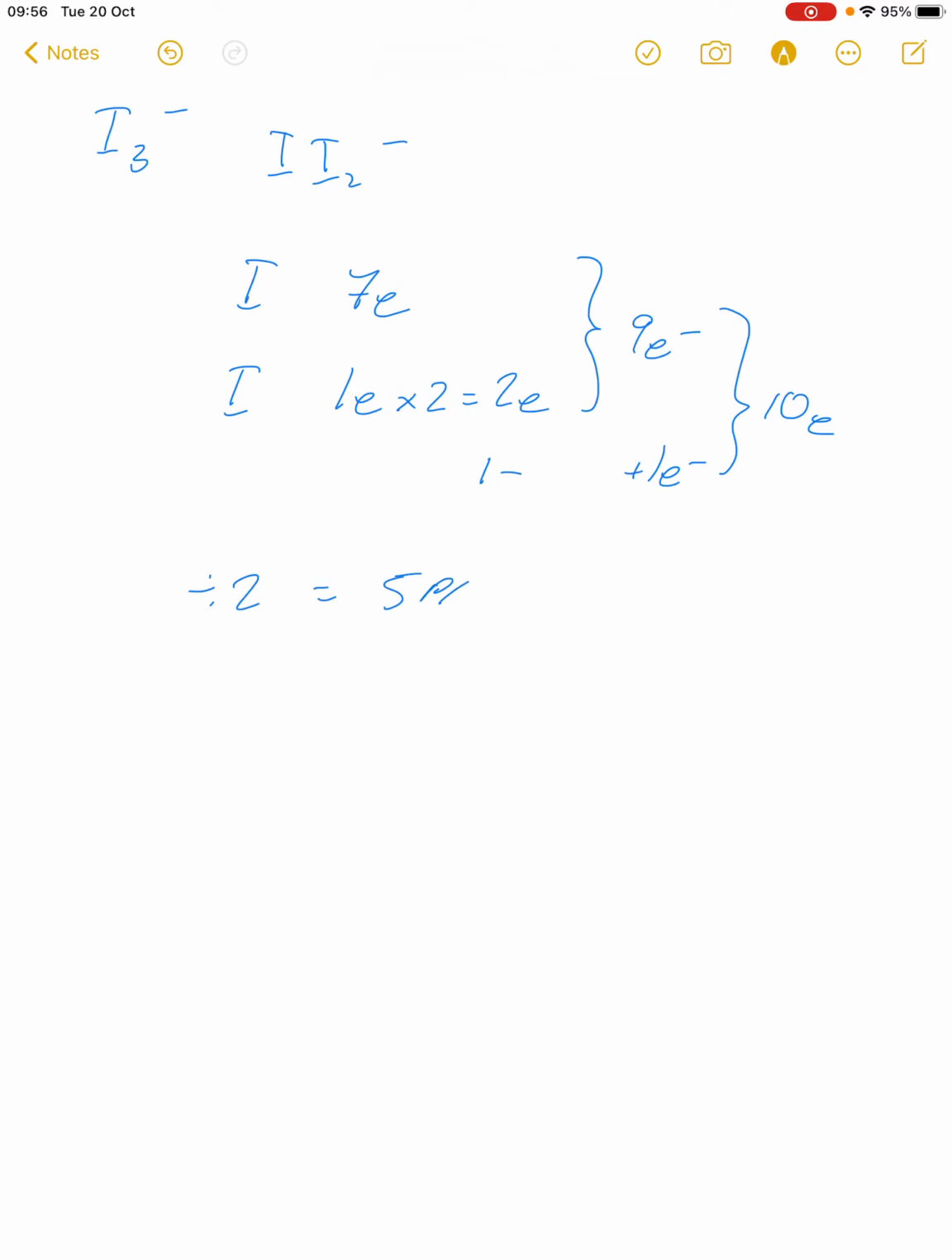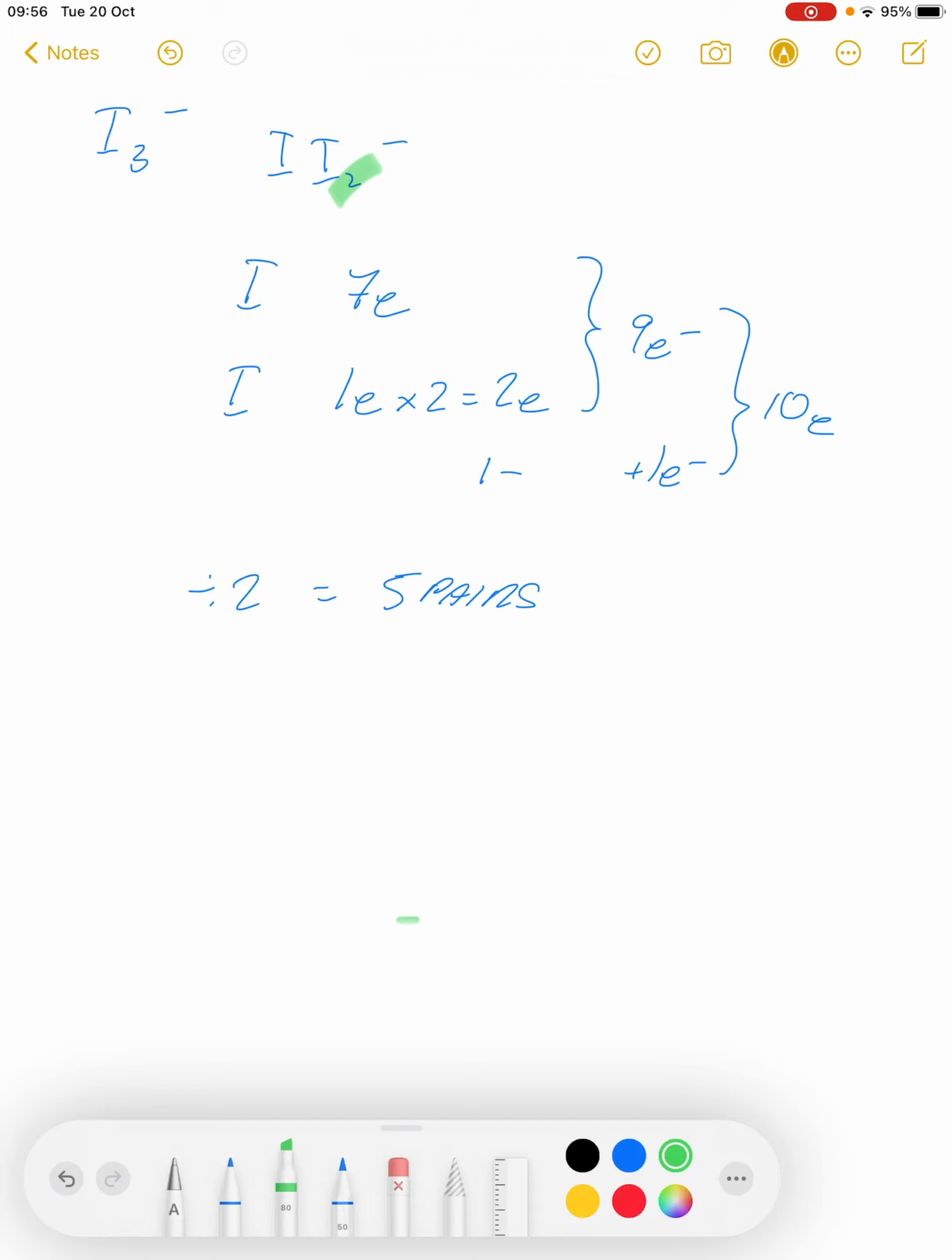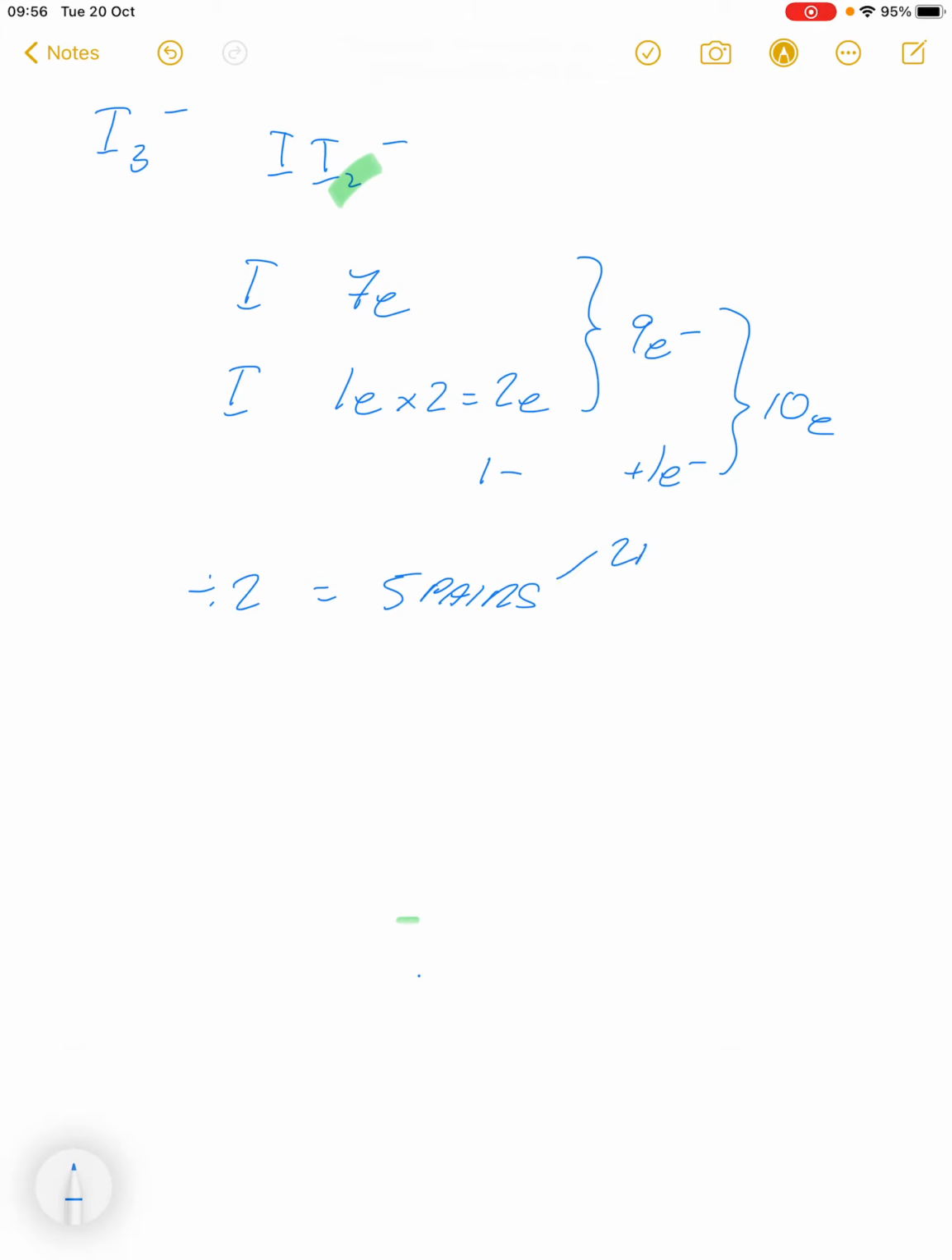Divided by 2, that's 5 pairs, but out of my 5 pairs, 2 of them are being used as a bond, okay? Which means the other 3 are lone pairs. So I've got 2 bonding pairs, 3 lone pairs. So 5 pairs is going to give me the trigonal bipyramidal arrangement, so I'll start with that, which is going to look like this. To have the 3 lone pairs of electrons and the 2 bonding pairs of electrons,